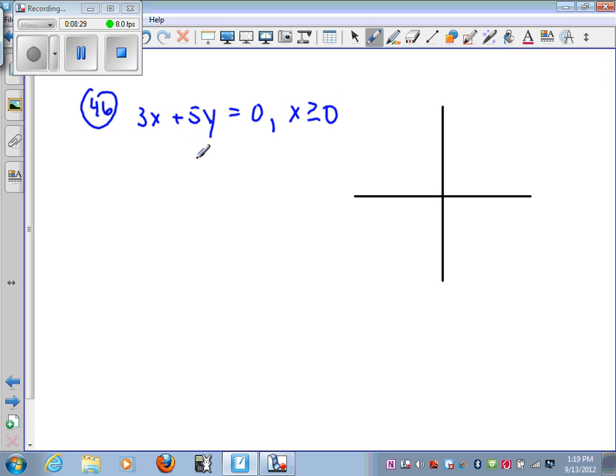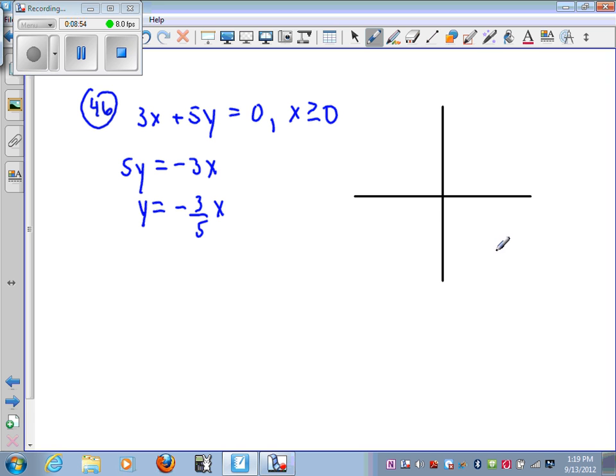Now the way I do these is I get y by itself, so I go 5y equals a minus 3x, and then y equals a negative 3/5 x. So this is the slope, and this equation goes through the origin, and it has a negative slope,